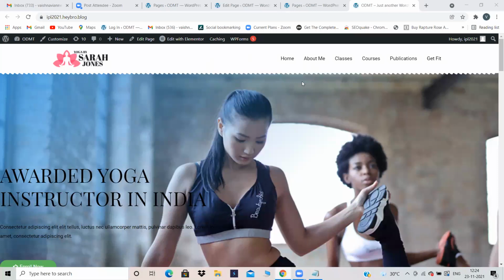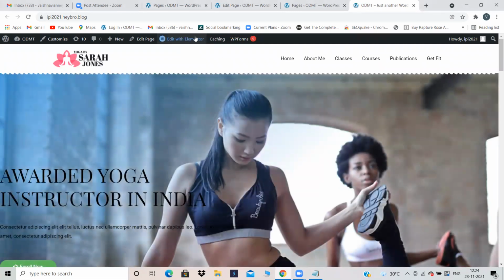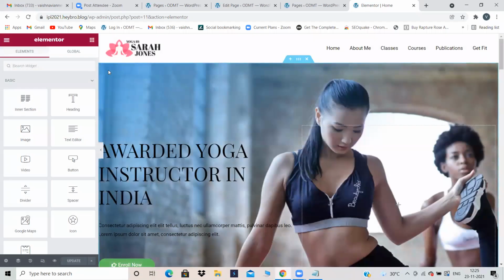Okay, we have done all the editing part. We have first imported our website and we have done all the editing part also. That means you have to do all the editing part, each and every line, each and every image and all. But see, if I want to edit homepage, I have to click on homepage and click on edit with Elementor and I can edit each and everything. But even when I click on edit with Elementor, I'm unable to edit my logo. In some themes, in Astra themes also, some of the options you cannot edit with the help of Elementor, such as your logo and your footer.